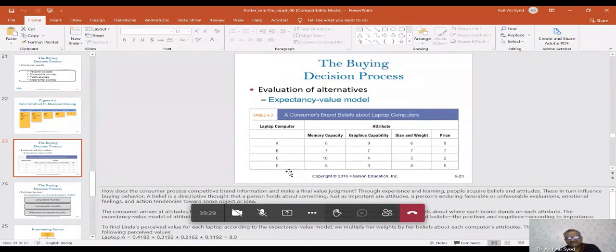So let's say, for example, there's a customer who is traveling lots of time. So definitely weight and size is an important consideration for him because he wants to carry the laptop along with him. So he does not want a bulky product. He may compromise on graphics, but he would like to be carrying the product everywhere that he goes. So weight and size happen to be an